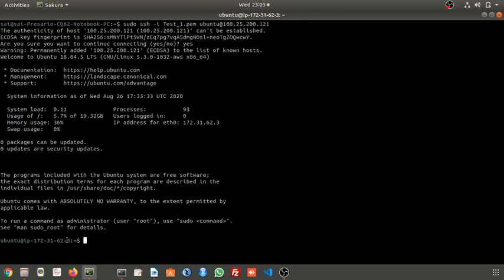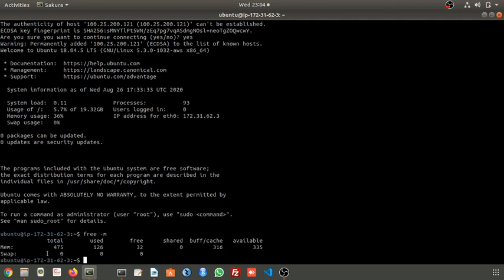See here, we have increased the hard disk size, that is 20 GB. That's why it is showing here. And let's see its RAM also. How can you see it? The command is free -m.